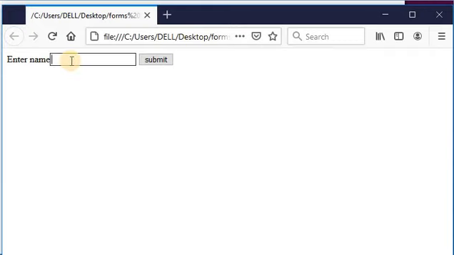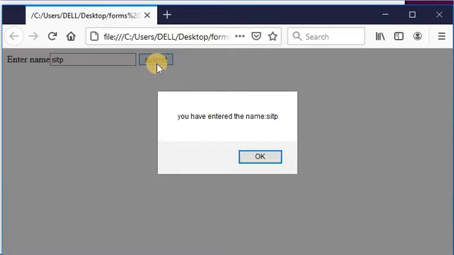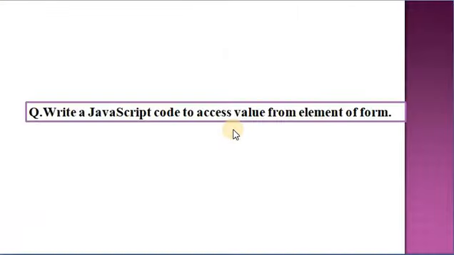This is the output of our program. Here I am taking one text and here I am clicking the submit button. After the onclick event, it generates the message 'you have entered the name', that is the value of SITP. Means in this program we can refer to the form element that is text and display the message by using the alert box or alert method. We can access all elements of a form using the elements array also. Next point is the